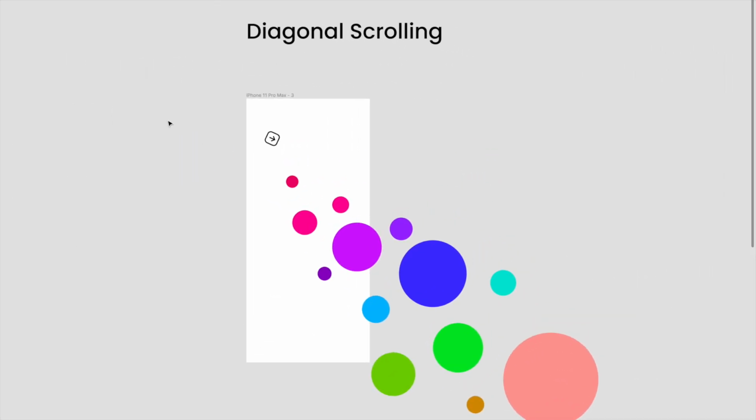So guys, the third type of scrolling is called diagonal scrolling. It's not very typical and I have not seen it in many places, but it's technically possible. So I'm just showing you here. Till now you have seen that we can scroll the anchors through vertical positions, through horizontal positions, but this one is in both X and Y. So it's like diagonally. You're moving in X, you're also moving in Y. Okay. So let's see how we can do that.